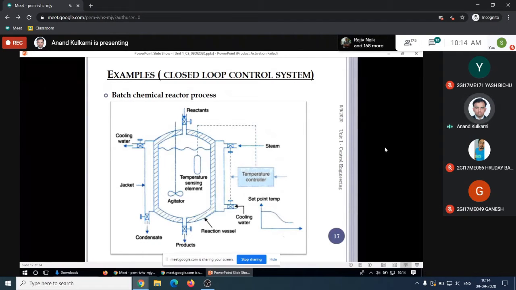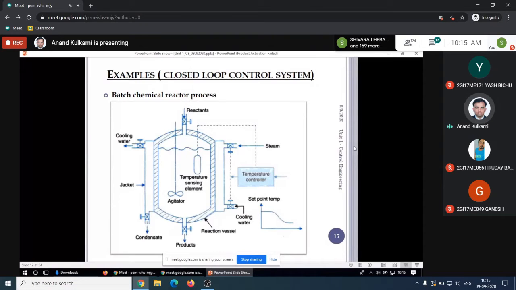Then the next example is a closed loop control system of a reactor, which is a temperature control system. So here the temperature is continuously monitored and set to a fixed value. This is similar to your air conditioner, oven, heating iron, water heater, and so on. All these examples are already given in the Nagrath Gopal book at the back. And sometimes a 5 marks question will be asked on some of these systems. And otherwise you are asked to give some example for different closed loop and open loop systems.